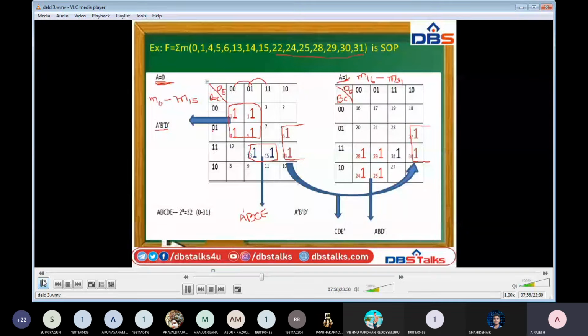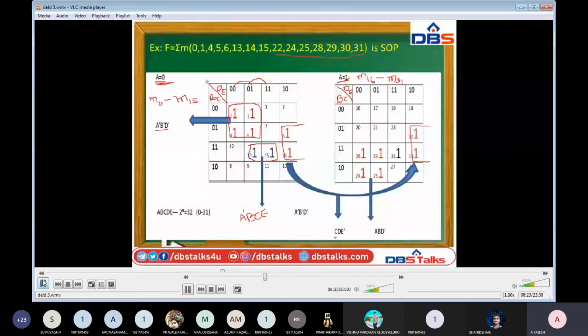So B is changing from 0 to 1. In the same sense here also B is changing from 0 to 1. Then that means it will be replaced. That means B will be neglected and C is common for both these two, C. And see this one. D is not changing. The complement is also not changing. Here also D is not changing and D complement is also not changing. That's why C, D, E complement.